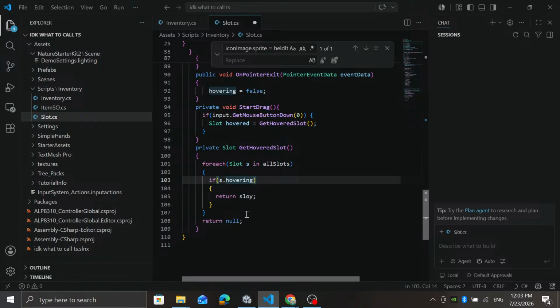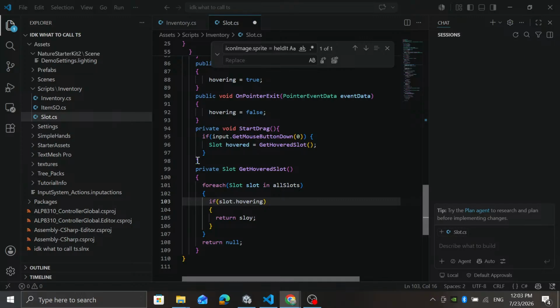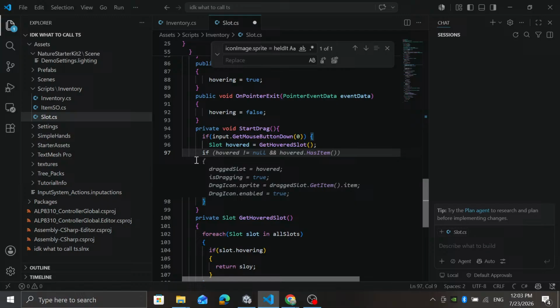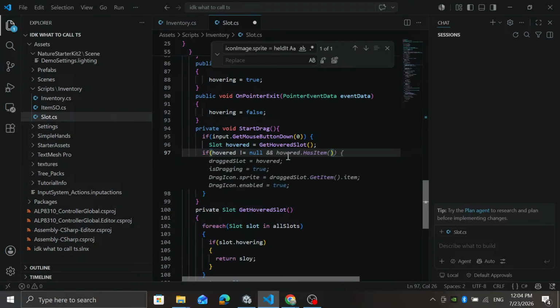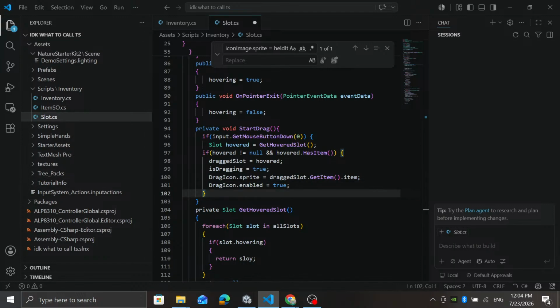So now we will add another if statement where we will check if hovered is not equal to null, so we've actually found a slot which is hovered, and hovered has an item, so hasItem. Well then we can do dragSlot equals hovered, so our hovered slot, and we can do isDragging equals